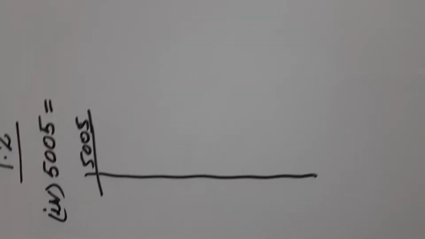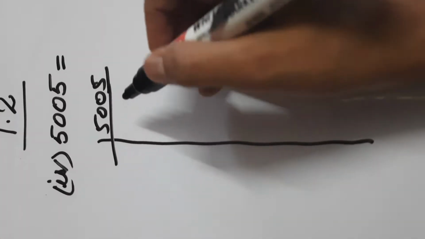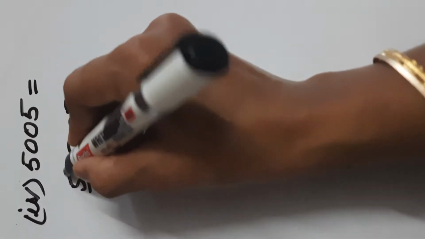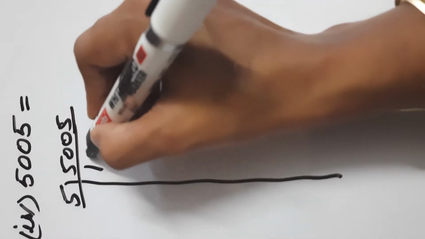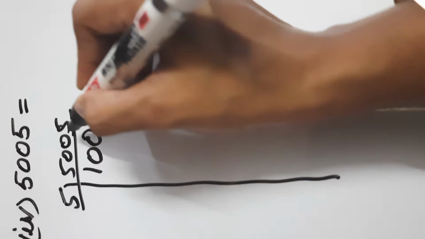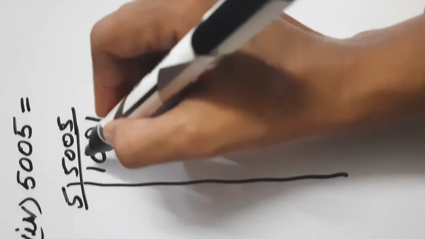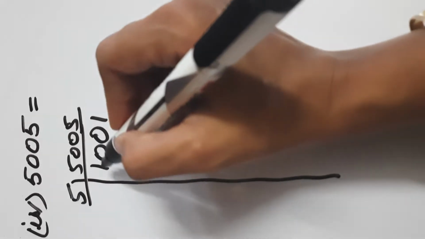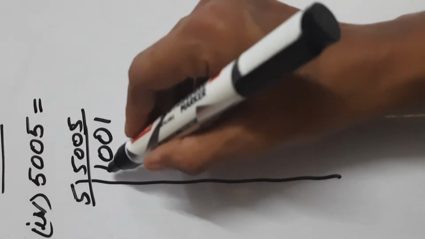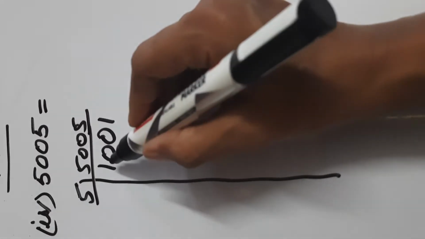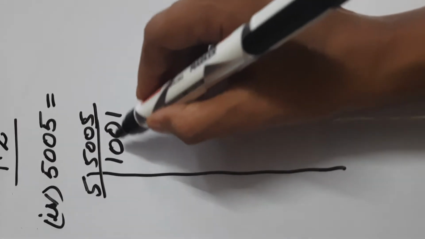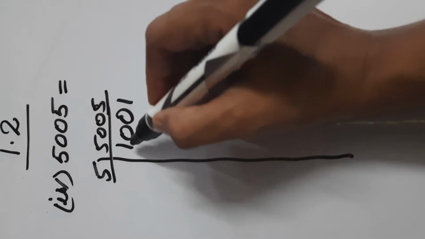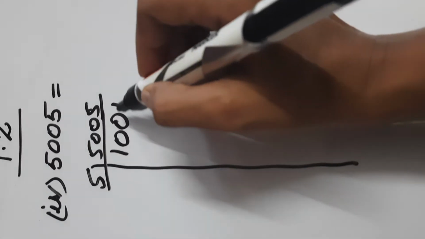Similarly, one more part I am solving in front of you. Do the remaining parts yourself. 5 is at the ones place, it is divisible by 5. 5 ones are 5, carry forward 0, carry forward 0, 5 ones are 5. Now it is not divisible by 2 because it is not an even number, not by 3 because the sum of the digits, that is 1 plus 1, 2 plus 0, 2, is not a multiple of 3, so it is not divisible by 3, not by 4, not by 5.